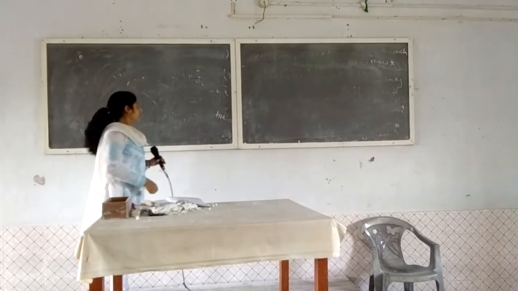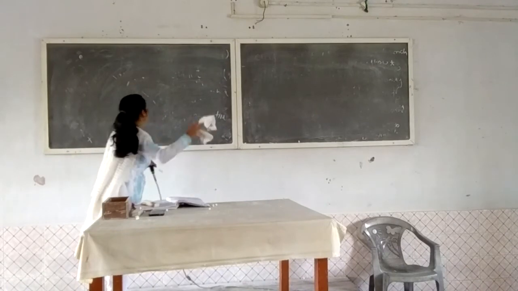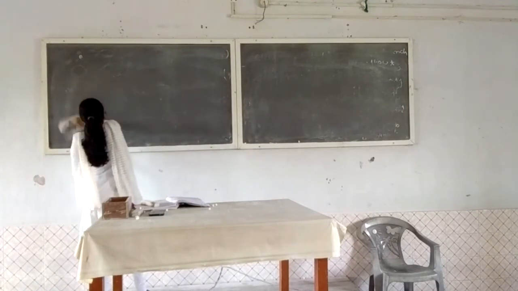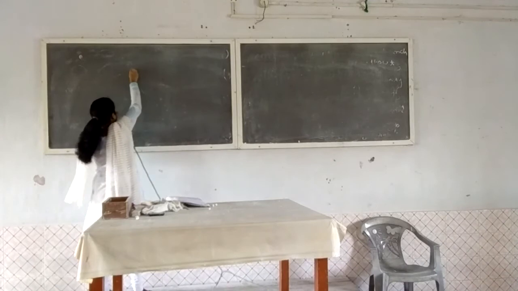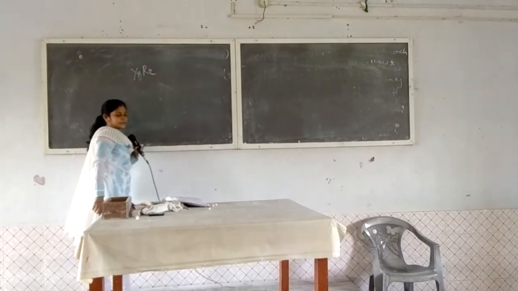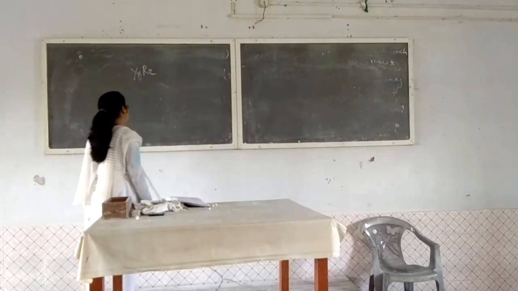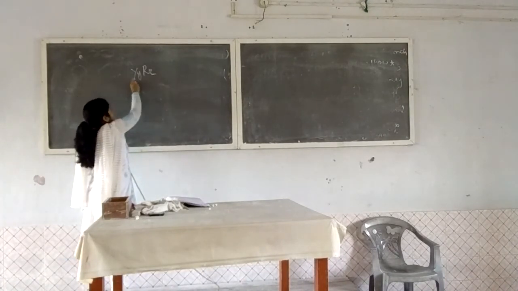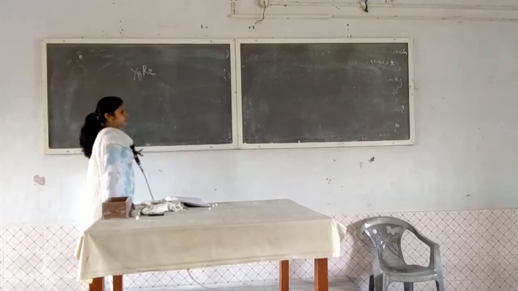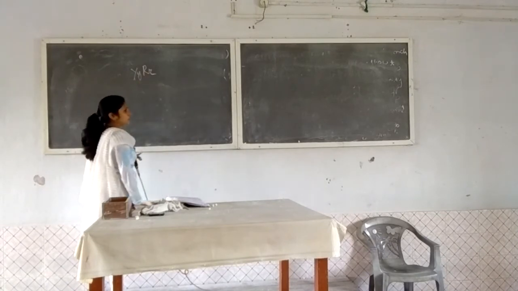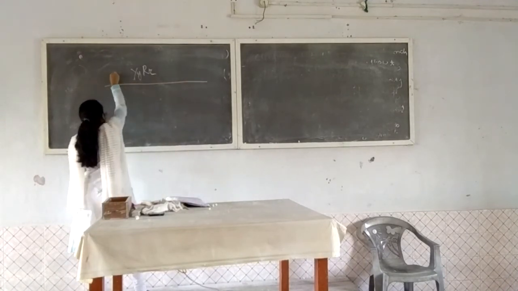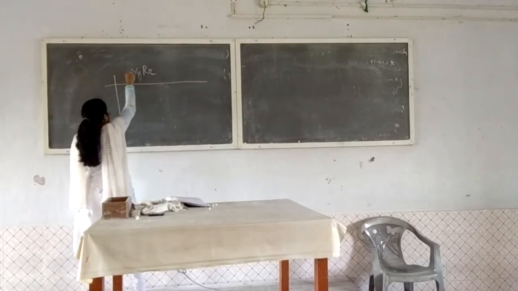Then this is the heterozygous plant. In the F1 generation he got capital Y present for yellow, small y present for green color, capital R present for round seed, and small r present for wrinkled seed. From this, he hybridized these plants.